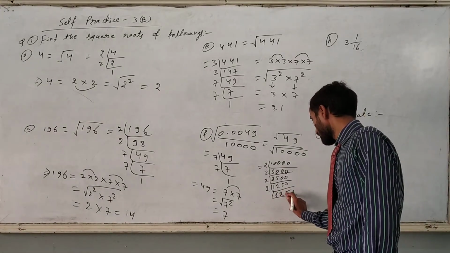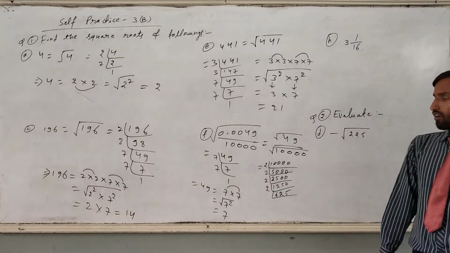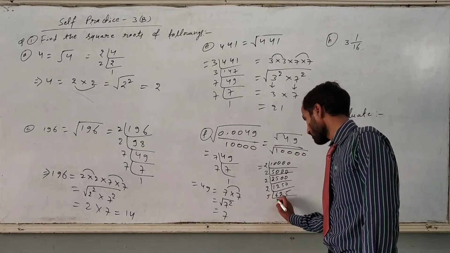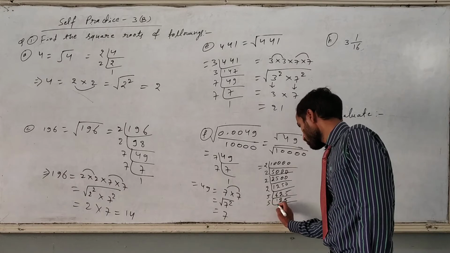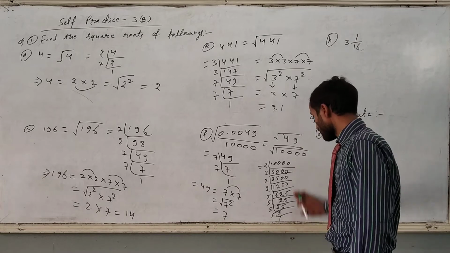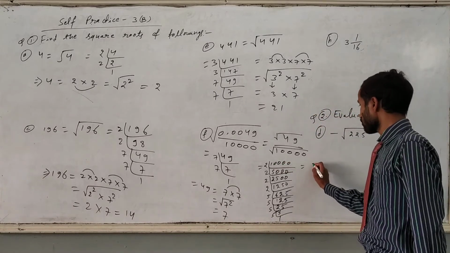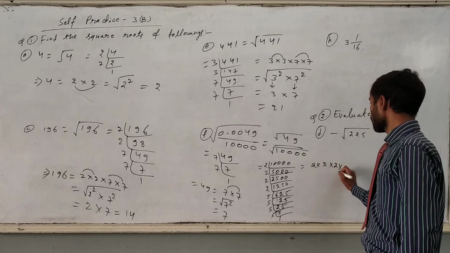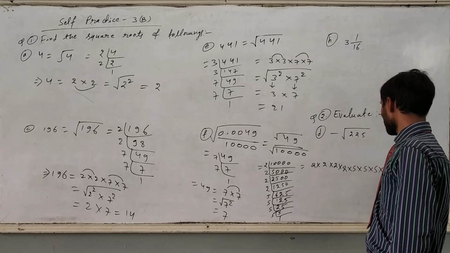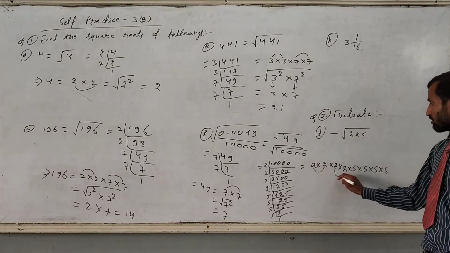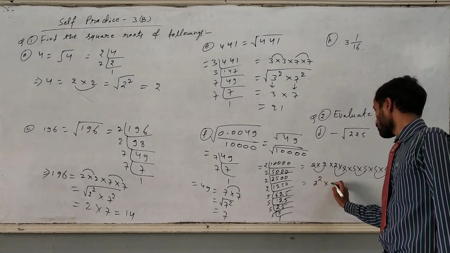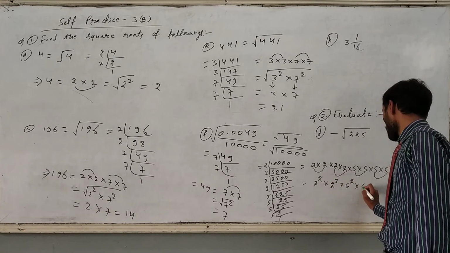Now it is an odd number, so it is not divisible by 2. You can check by 3, it is also not divisible by 3. Next go for 5, it can divide, so 125 will come. Now again 5, 25 will come, again 5, 5 will come, again 5, 1 will come. After that, make 2 into 2 into 2 into 2 into 5 into 5 into 5 into 5. Means this one is a pair, this one is a pair, and this one is also a pair, and this one pair. Now write over here 2 power 2 into 2 power 2 into 5 power 2 into 5 power 2.